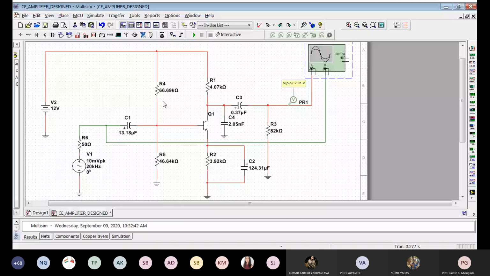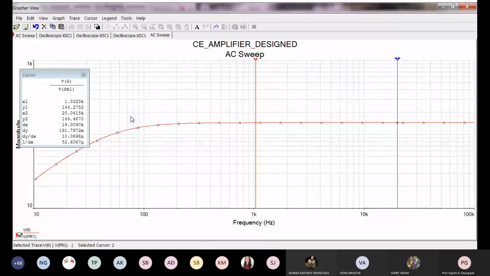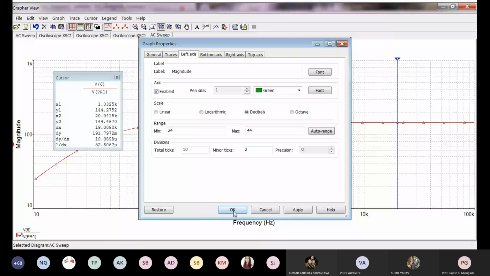All right. Now, if I don't use C4, what is going to happen to the frequency response? See what is happening? I'm not getting the cutoff at F2, which is desired. Let me just change this to decibels, so things will be easier for you to understand. So I'm not getting F2.